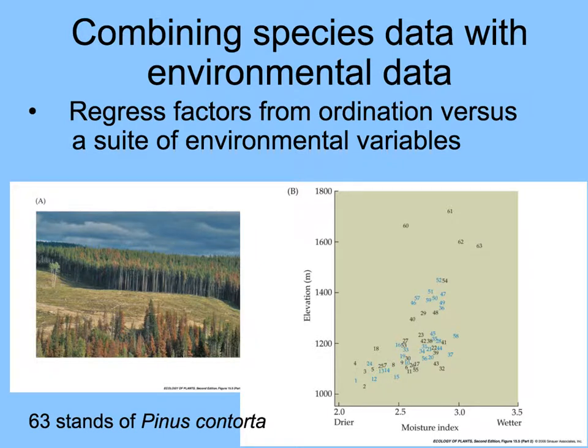In this illustration, here's a picture of some piney woodlands, and in the diagram or graph at the right are 63 different stands of this woodland classified on two variables, moisture of the forest and the elevation of the site. And you can see ones that are closer to each other are more similar, like in the lower left-hand corner, 13 and 14 and 12, than ones that are farther apart, those ones, let's say, versus 62 or 63 in